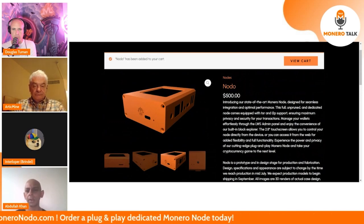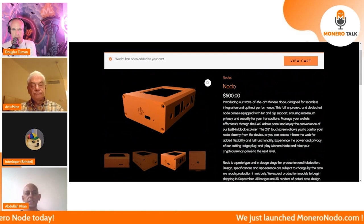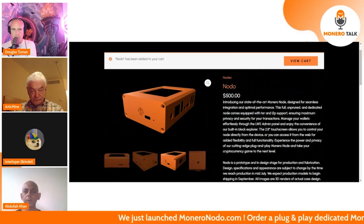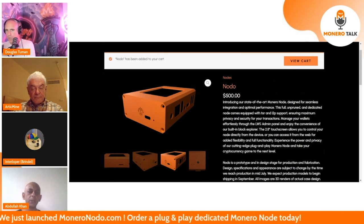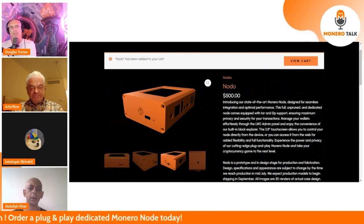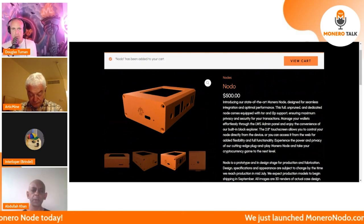We've got the SSD as well, and that's not just a Gen 3 SSD. It's the faster Gen 4 version. So all of these small things, they add up, and we just wanted to give you guys the best experience and the best production quality as well,